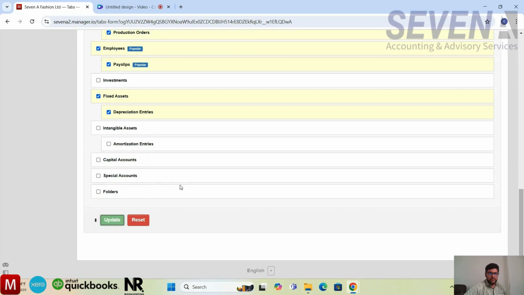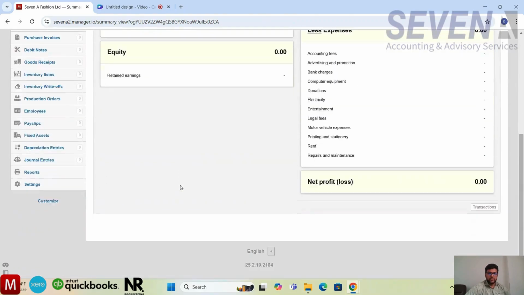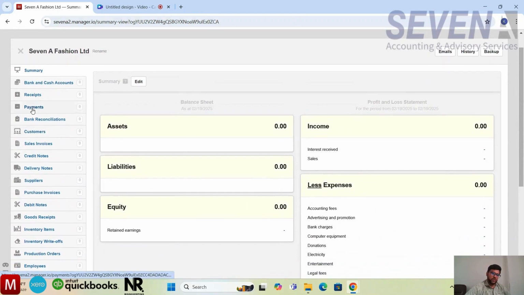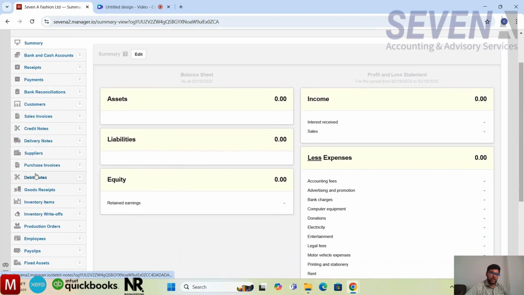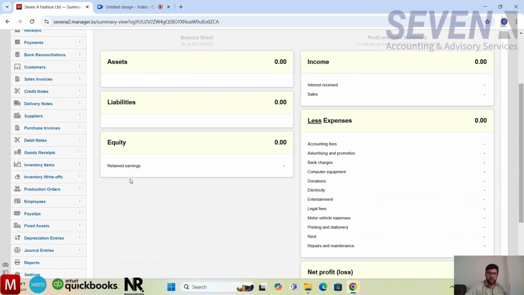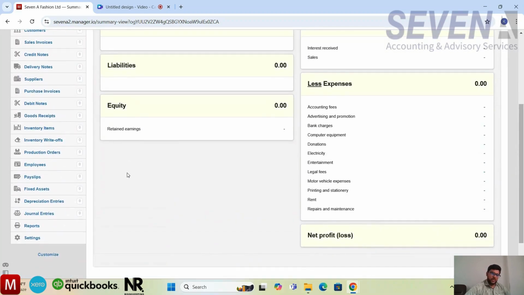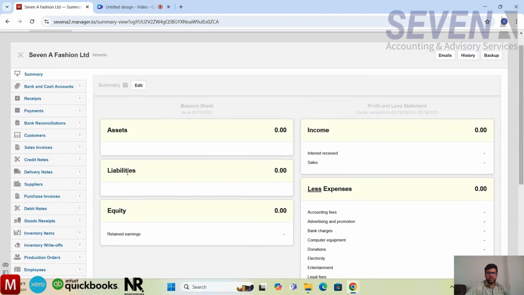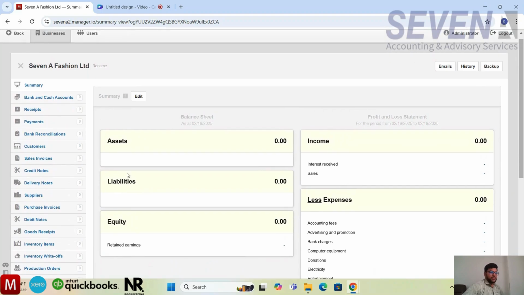And okay, update. There are so many options, as you can see. There are so many options you can use, and this is a total package of your accounting solution. These are the features you have to use to record your business transactions. Say, let's say bank, cash and bank, you can see the payment and receive. When you receive anything, you will use the receive tab. When you pay something to your supplier or for any business expense, you will use this tab,